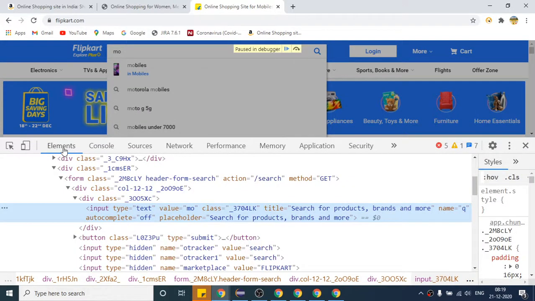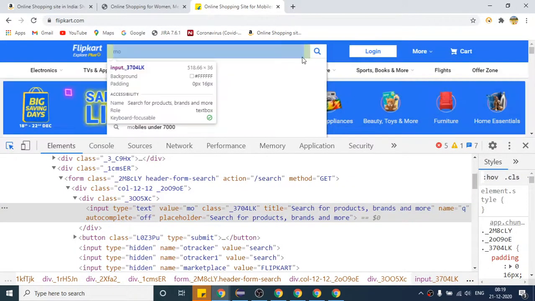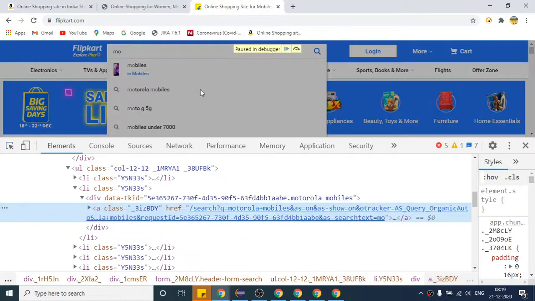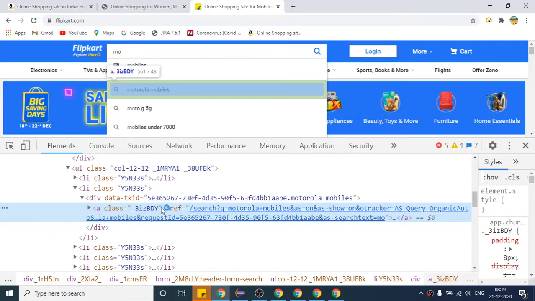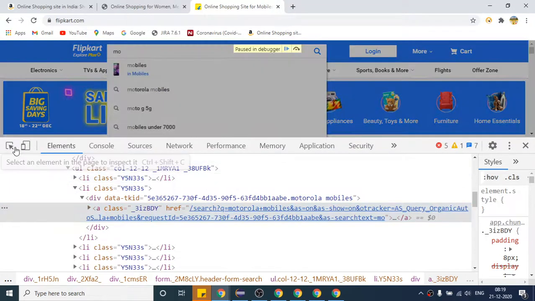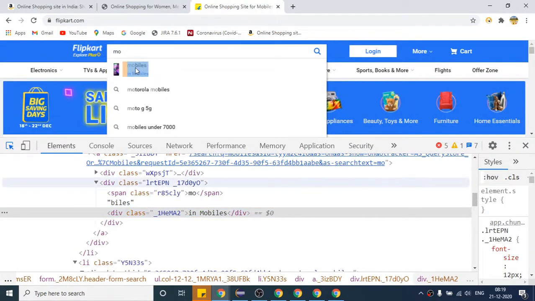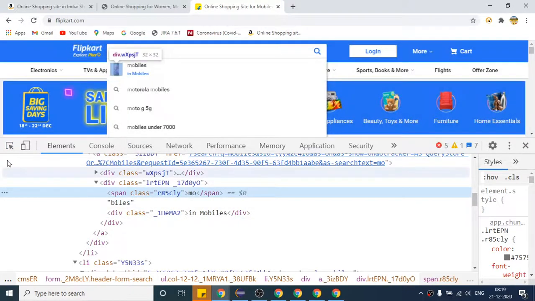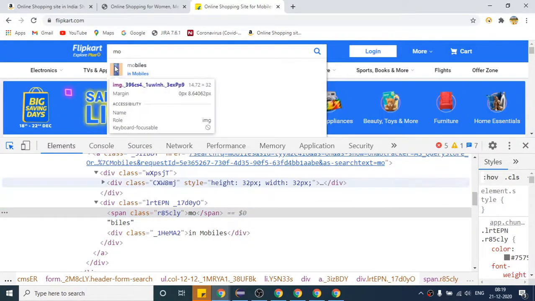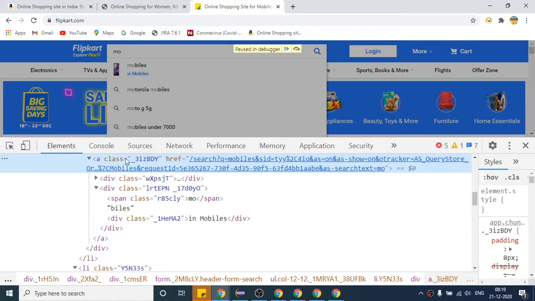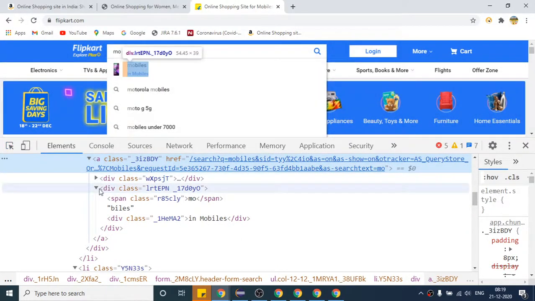Now I can happily see where it is present. Here it is, the first text, this is our first one. Where is our second one?